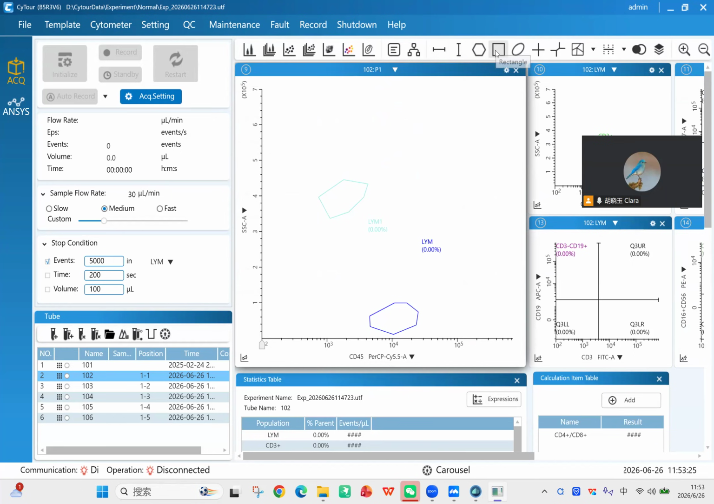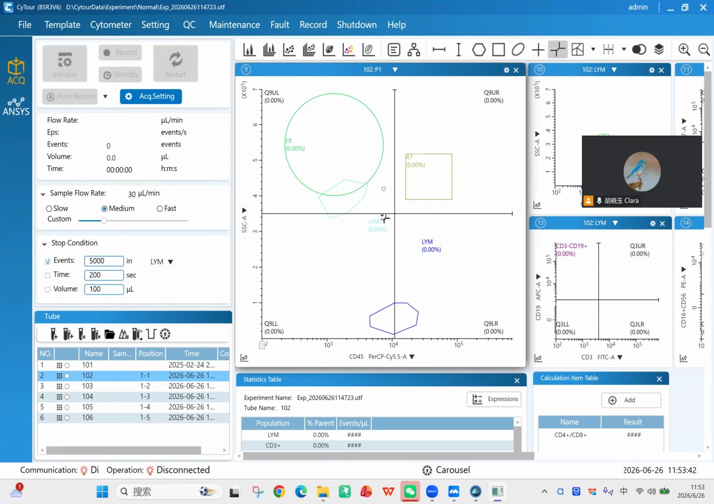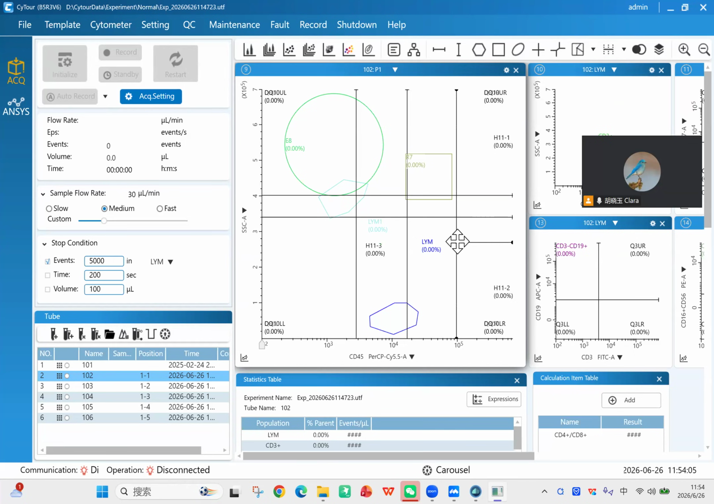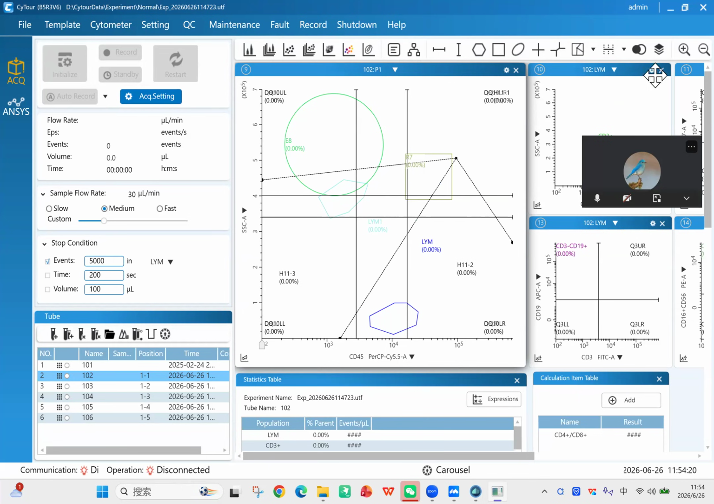And this one, triangle ones, and then other different shapes of gates. Okay, this is like, and then here's the